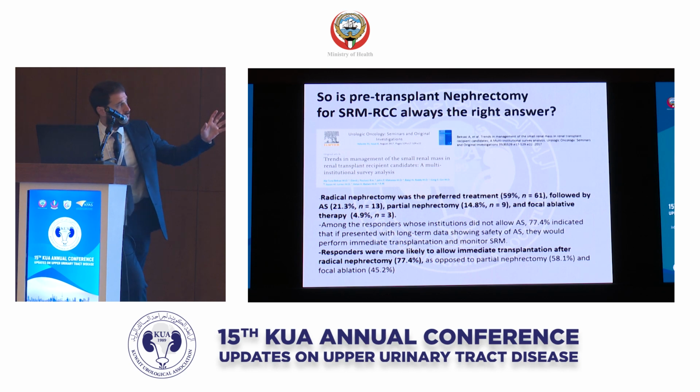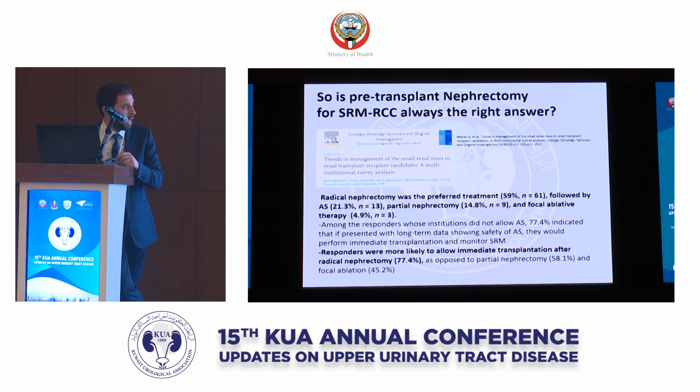So if you surveyed centers in your part of the world, so this was a survey in the US about transplant centers, whether surgeons were comfortable transplanting patients who have renal masses, if they were on active surveillance. And the survey showed that although most of these patients are managed by radical nephrectomy or by partial nephrectomy or focal ablative therapy, which is an intervention here,